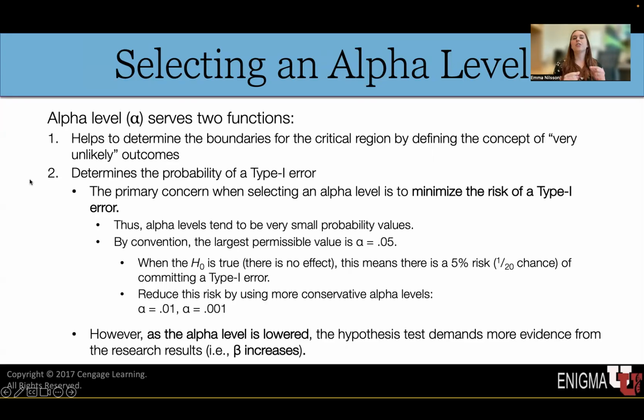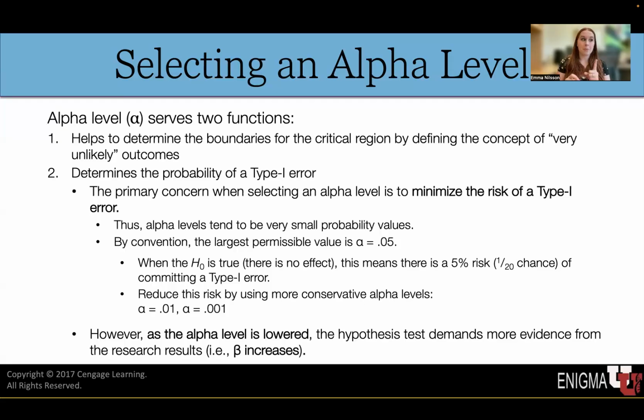So our big job when we're setting an alpha level is to minimize the risk of a type 1 error. That's why alpha levels tend to be very, very small. By convention, the largest permissible alpha value is 0.05, a 5% chance of a type 1 error occurring. If you want to decrease the risk of a type 1 error, decrease your alpha level. Just put it at 0.01 or 1%, or 0.001,